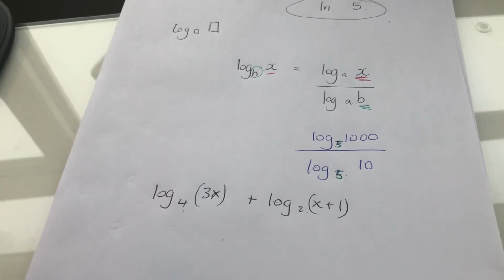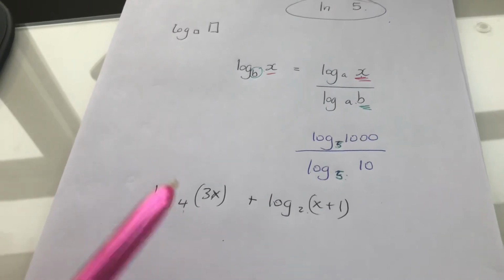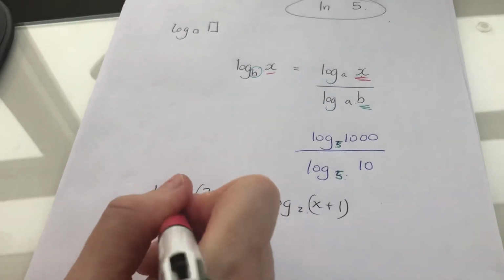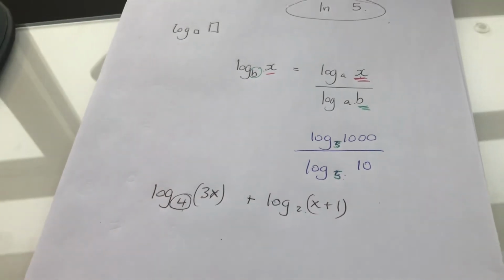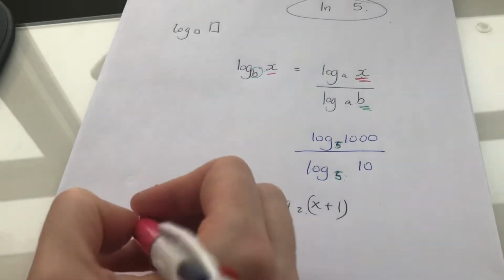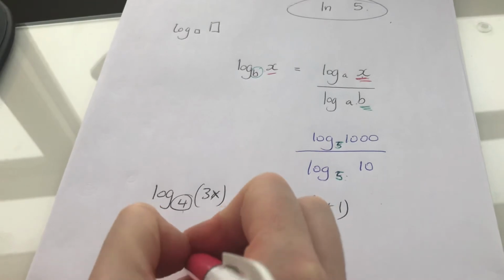Just try and get them into, like, remember, logs are to do with indices. So 4 is the same as 2 to the power 2, you know. So I would like to change this base, and I'm going to change it to base 2. Now, it should work the same, but sometimes it works out a little bit nicer if you take the bigger number and you bring it down to a smaller base. So I'm going to change this, so log of 3x